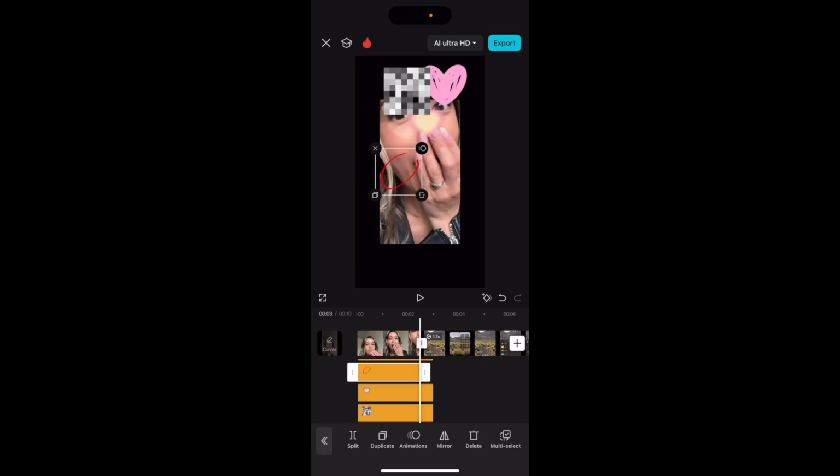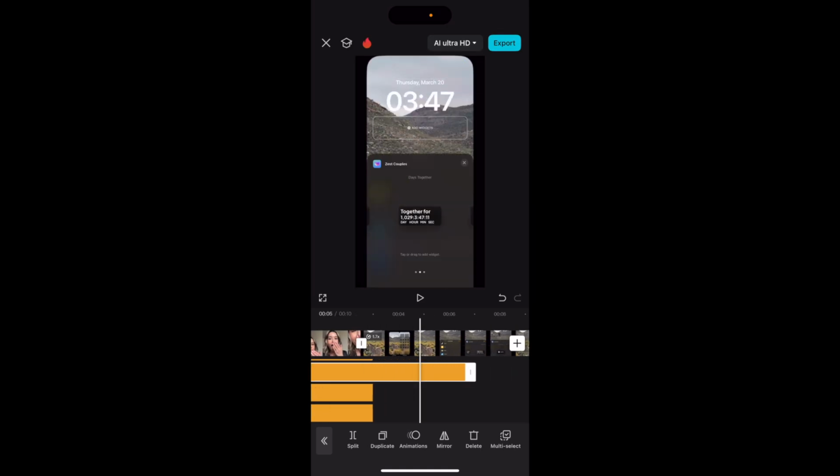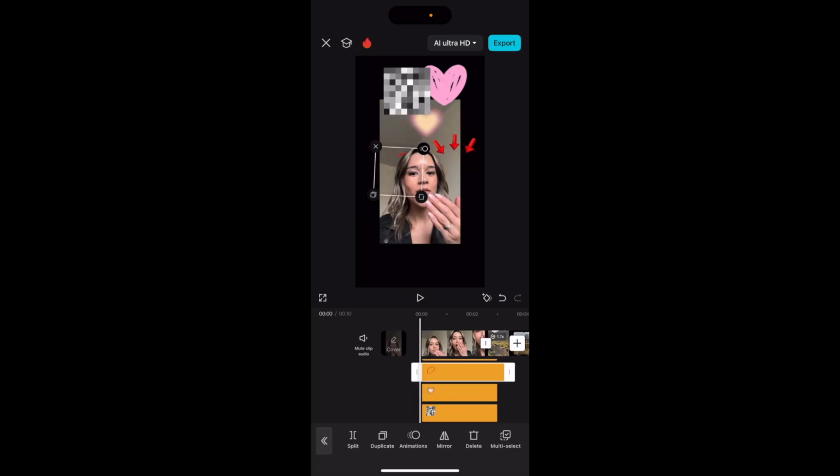You can also click on the sticker itself and move it, pinch and zoom it to make it smaller or bigger, and then make it last longer or shorter. And that is how you add